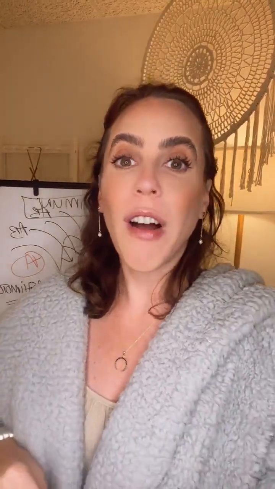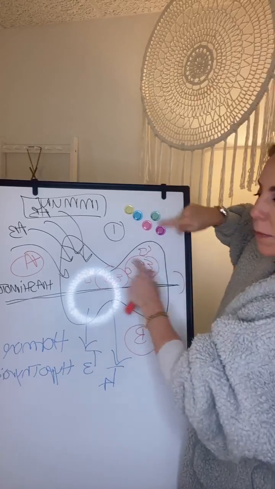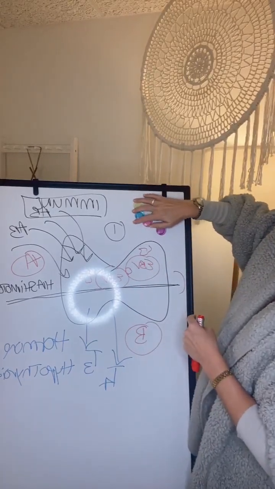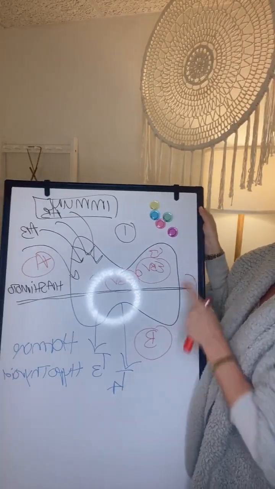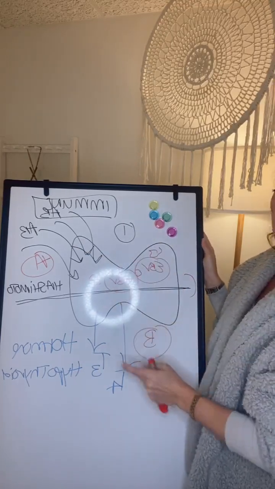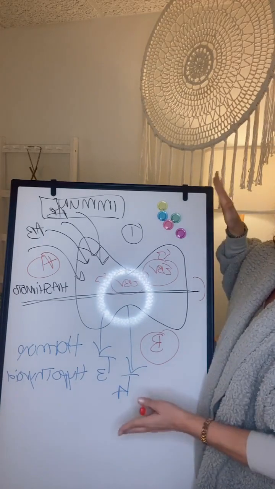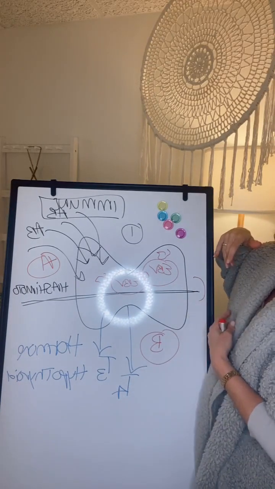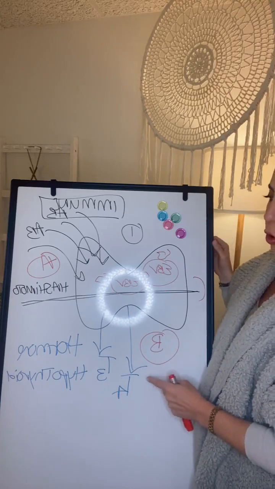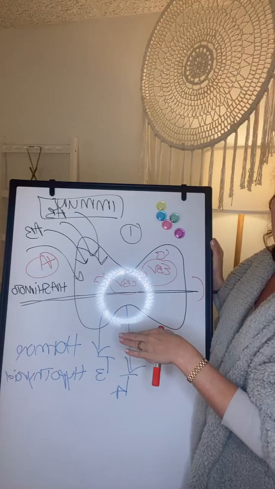This was our whiteboard drawing. We have immune. Okay, let me get these out of the way. Immune part. Hashimoto's, attack, immune. And then we have low hormone production. Okay. Option A, option B, or the combination of the two. Hypothyroid could be because of the attack. It could also be nothing to do with the attack.